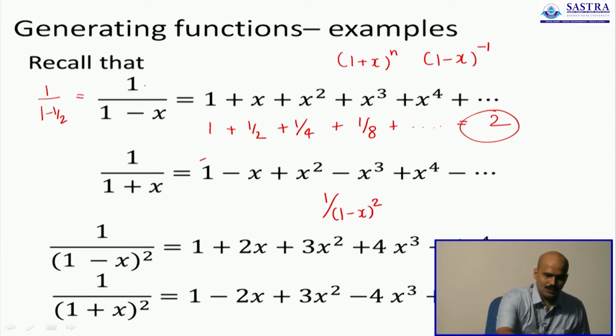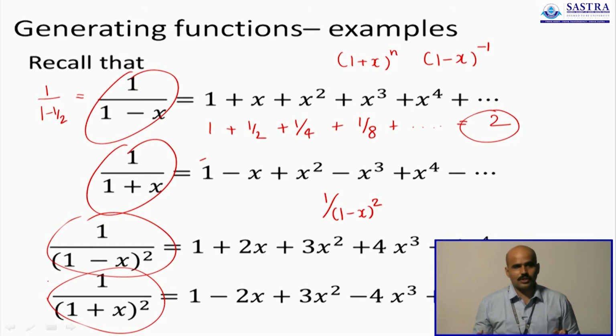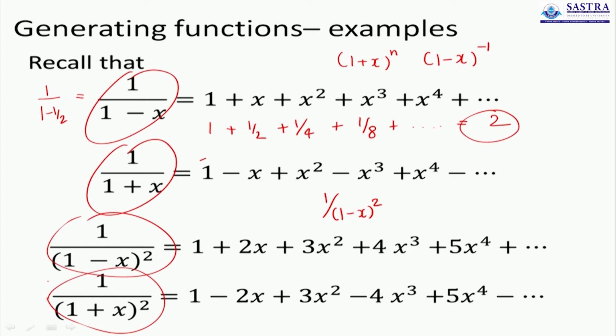Now this is what we are going to call the generating function. Functions of this kind are what we will focus on in this section of recurrence relations. Each of these is a function, because you change the value of x, the answer is supposed to change. So if I call one of them g of x, another h of x, f of x, k of x, etc., each of these can be called a function, and we call them generating functions because these functions are going to generate a sequence.